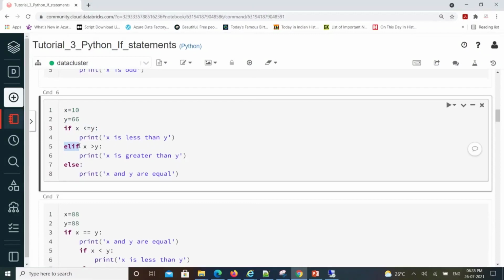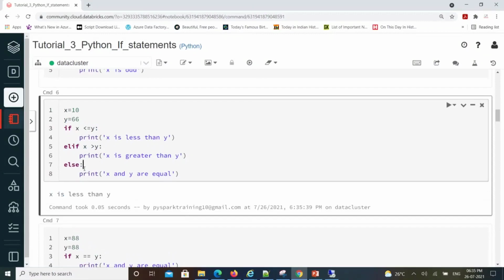Elif is nothing but another condition. If x is greater than y, then execute this statement. If both are not satisfied, finally else. See here, first it will verify this condition. If it is satisfied, that will be executed. Okay, then